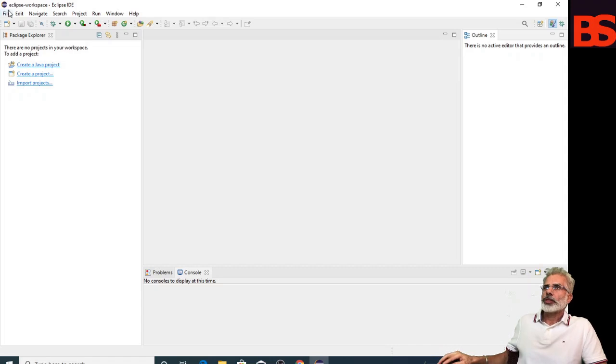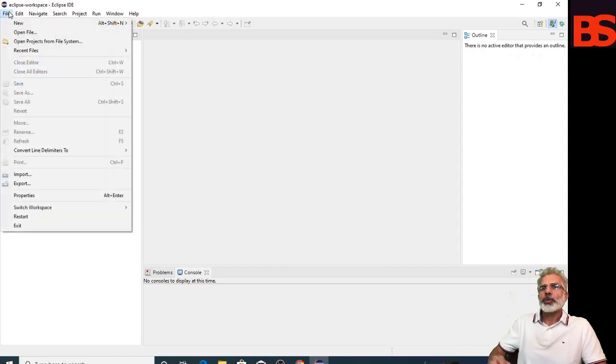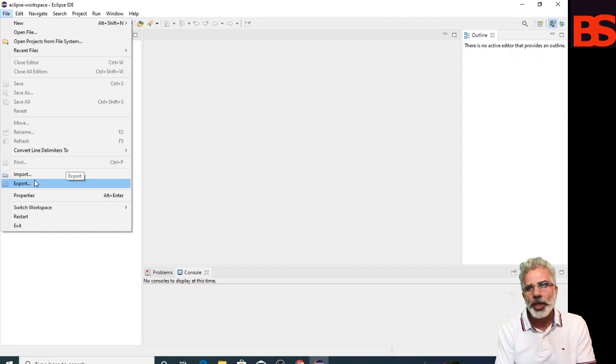Now this is the first menu, the file menu. The file menu allows you to open files for editing, close editors, save editors' content, and rename files. And among other things, it also allows you to import and export workspace content and shut down Eclipse.